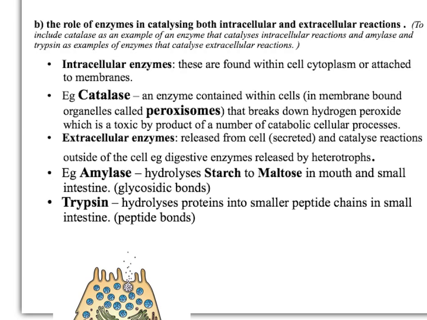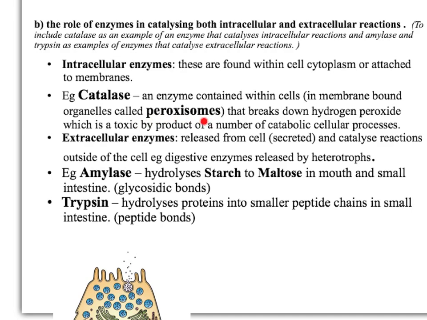Okay, so an example of that would be an enzyme called catalase, which is an enzyme you'll come across in various practicals that you do, and catalase is responsible for breaking down hydrogen peroxide in cells. You may ask, why on earth would we get hydrogen peroxide in cells? And the answer is it's a waste product from the breakdown of a number of substances, including fatty acids and phospholipids in cells. And hydrogen peroxide, if it accumulated in the cell, is a very strong oxidizing agent, and it'd be very poisonous. So it has to be very rapidly broken down, and that occurs inside specialized